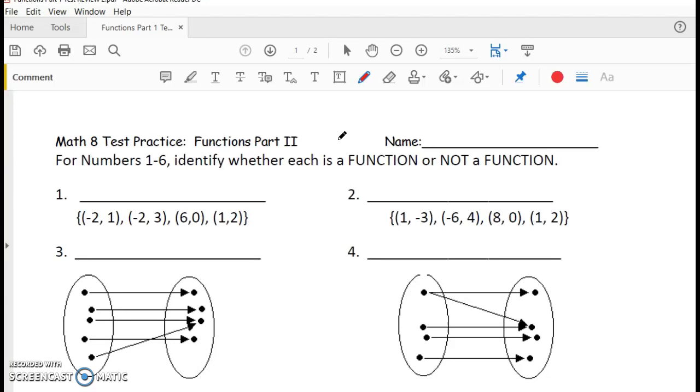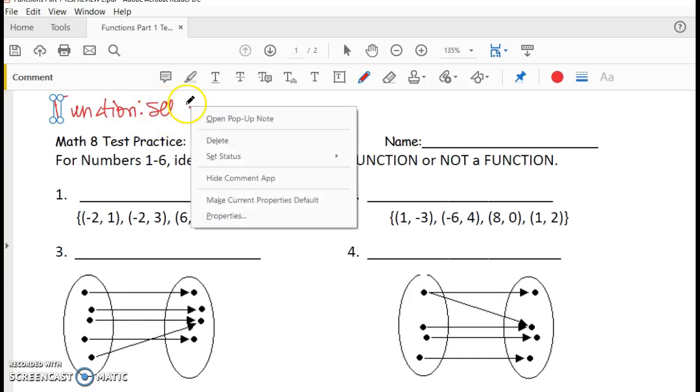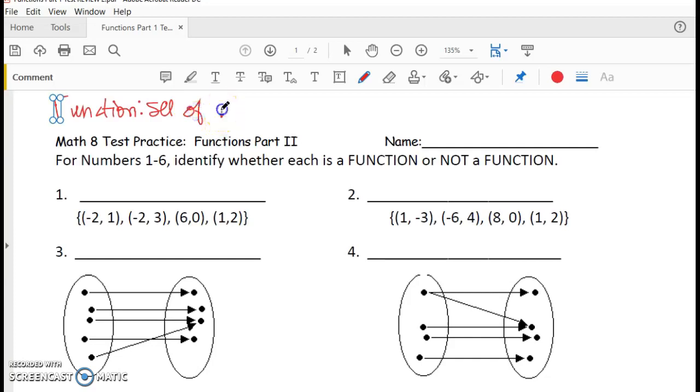All right, numbers 1 through 6, identify whether each is a function or not a function. So we know that a function is a set of ordered pairs. We're going to write this definition down. Function, set of ordered